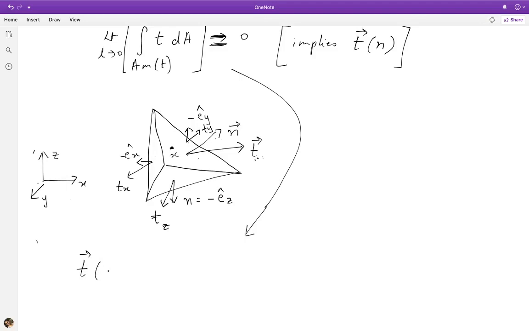So I'm going to call that area delta A. So delta A is the area of this upward facing triangular element, which has the unit normal n. So this plus Tx times delta Ax